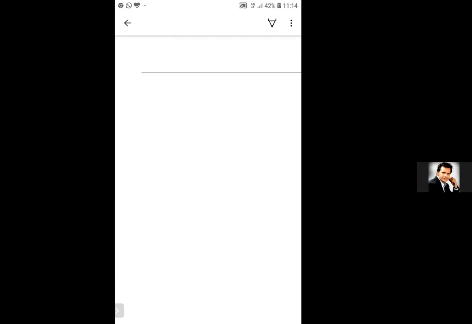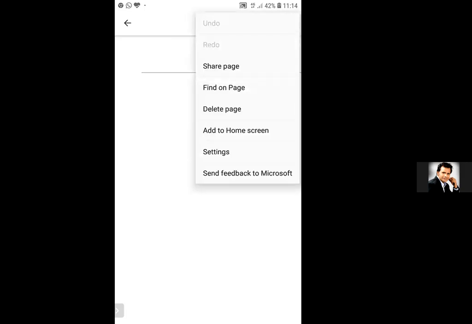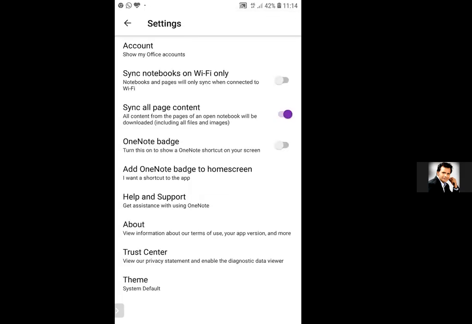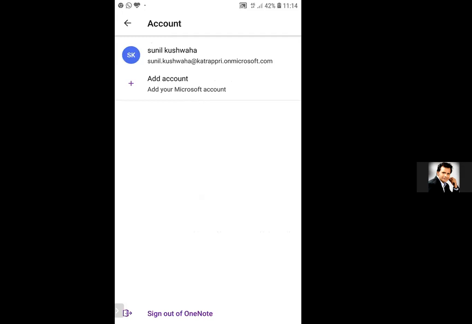If I click on the rightmost corner at the top beside the pencil, see what comes: share page, find on page, delete page, add to home screen, settings. If I click on settings, then account, show my Office account, sync all pages, OneNote badge come. If I click on account, show my Office account, then my Office account will come.